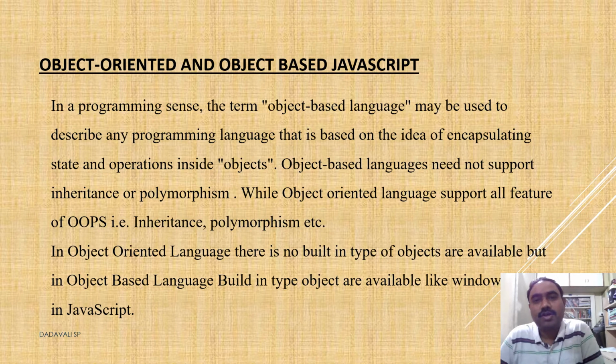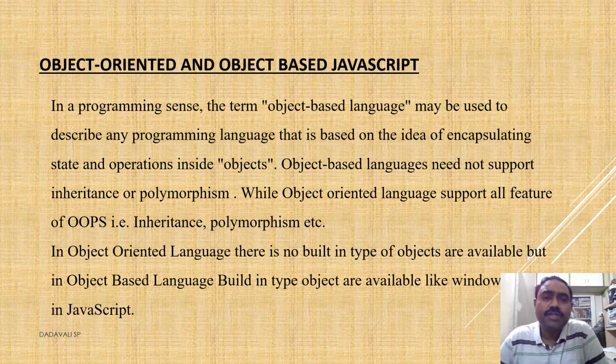Object-oriented and object-based JavaScript. We already know the concepts from Java, like class, objects, encapsulation, abstractions, polymorphism, inheritance, and message exchange, many more. But in JavaScript,